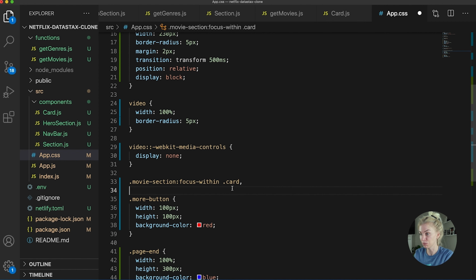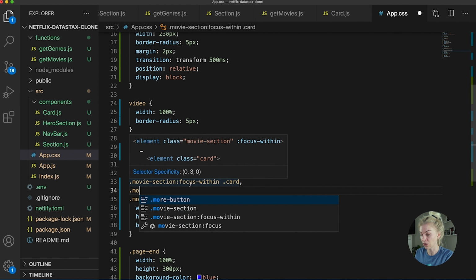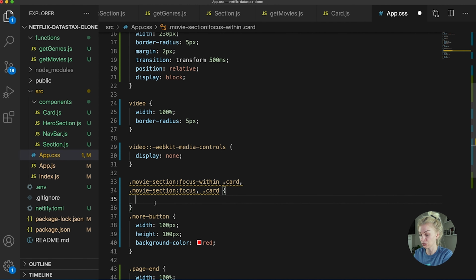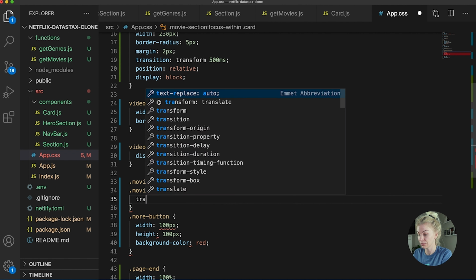So any card in the movie section, and also we're going to get the movie section on hover. Then we need to affect the card. We want to transform the card. So if we're on focus of the movie section, okay, we want the card to transform,